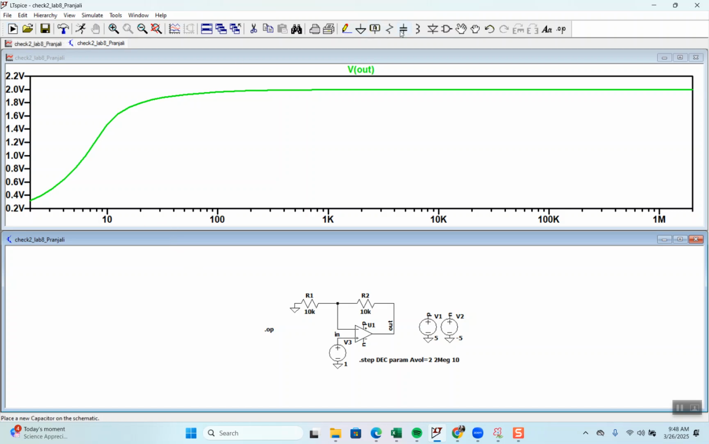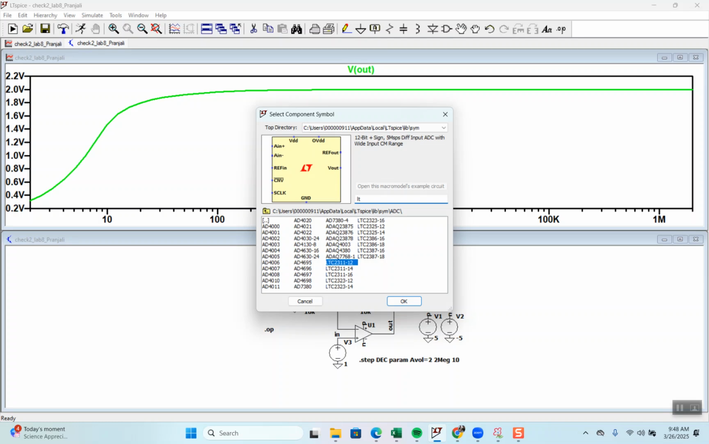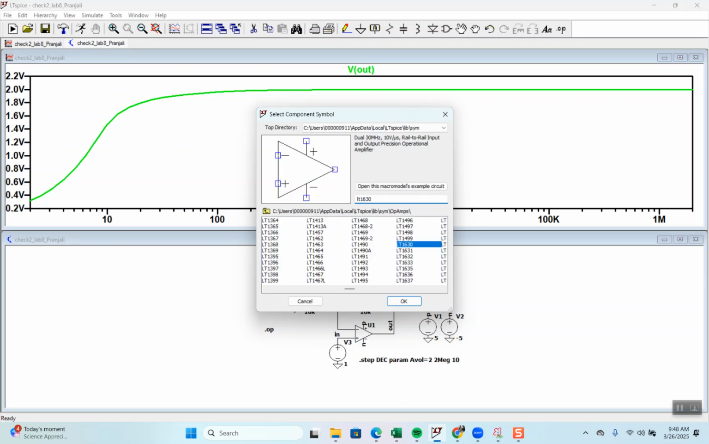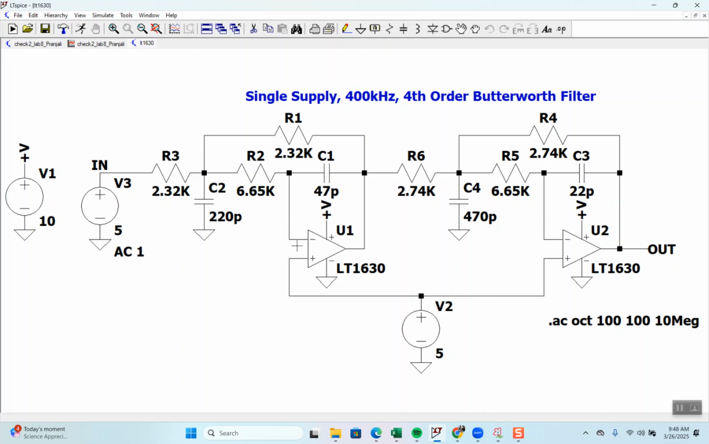Let's go to our old friend. Where's the old friend? Open this macro models examples. Okay. So in this circuit,